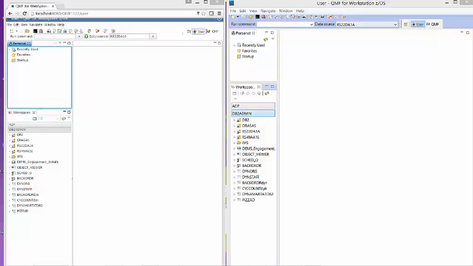This will be a brief video walking you through the user experience with QMF for WebSphere. That user experience is related to QMF for Workstation. I have both applications on the screen at present. And as you can see, the user interfaces